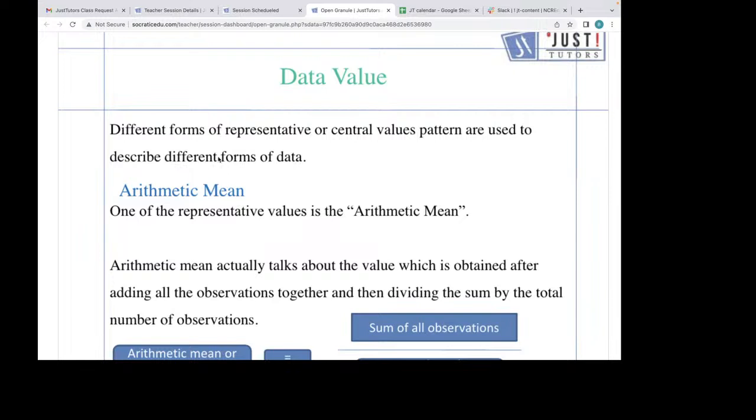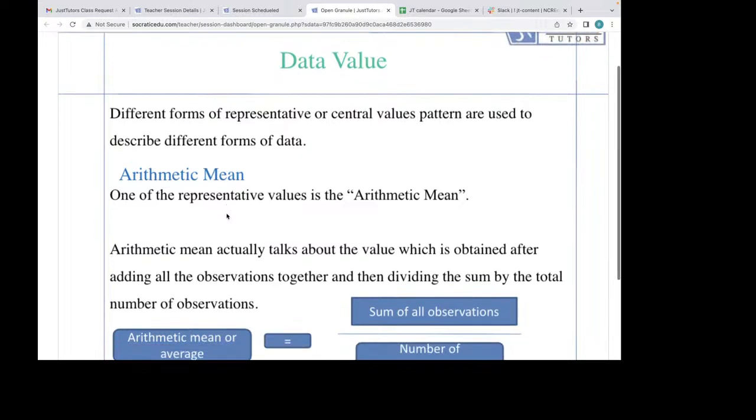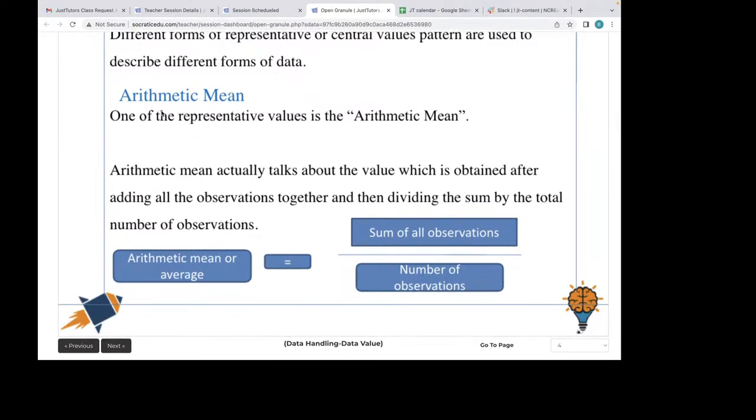कुछ अलग अलग तरह की सेंट्रल वैल्यूज़ होती है, कुछ पैटर्न्स होते हैं जिससे हम डिस्क्राइब कर सकते हैं अपने डेटा को. ऑलराइट, सो फर्स्ट वन ऑफ देम इज़ अरिथमेटिक मीन. So what is arithmetic mean? One of the representative values